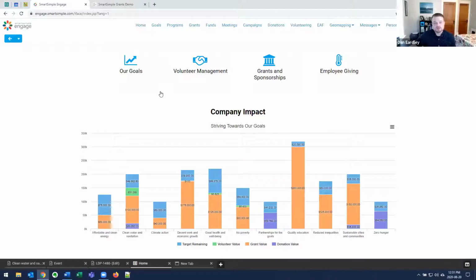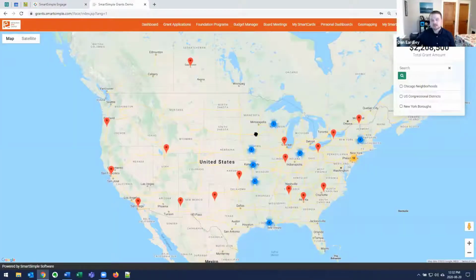And one of those examples, and what we were talking about there, is geomapping. With geomapping, it allows us to present where your activity is occurring. So your granting, where your donations are going, where your volunteer events are being held. Each of those are different opportunities, and you can use geomapping capabilities to really do any of them. In this case, this is one of our built-in tools within the SmartSimple platform, to be able to utilize an impact map, as we call it.